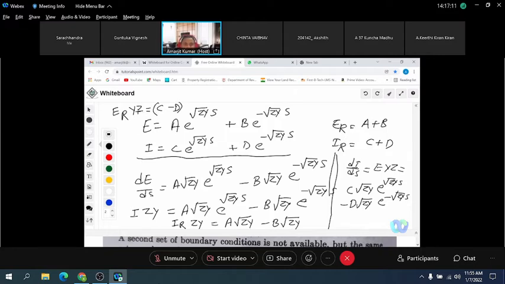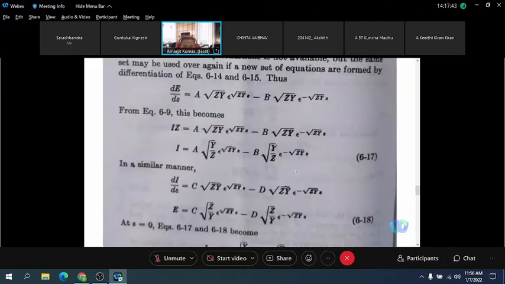And root ZY, you bring it here. Is it okay or not? Sir, IR equation also you write in simple terms down. So IR will be equal to basically 1 upon root ZY into C minus D. So what we have done, let us see these four equations.